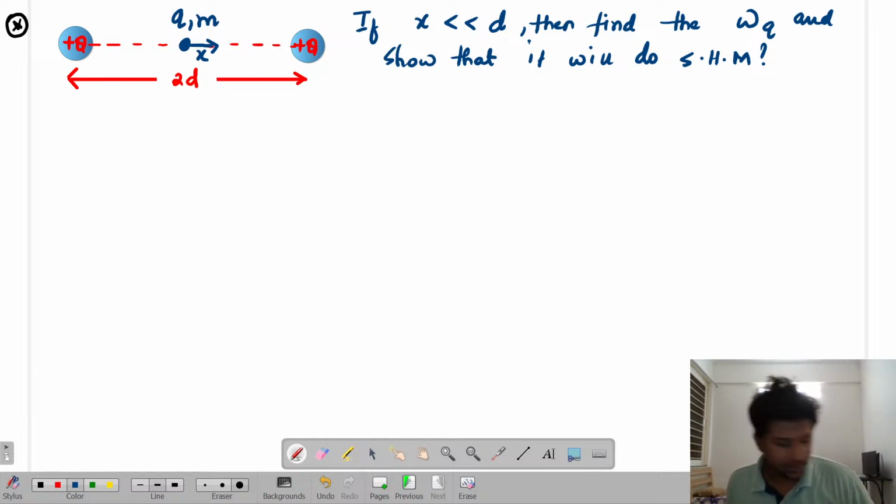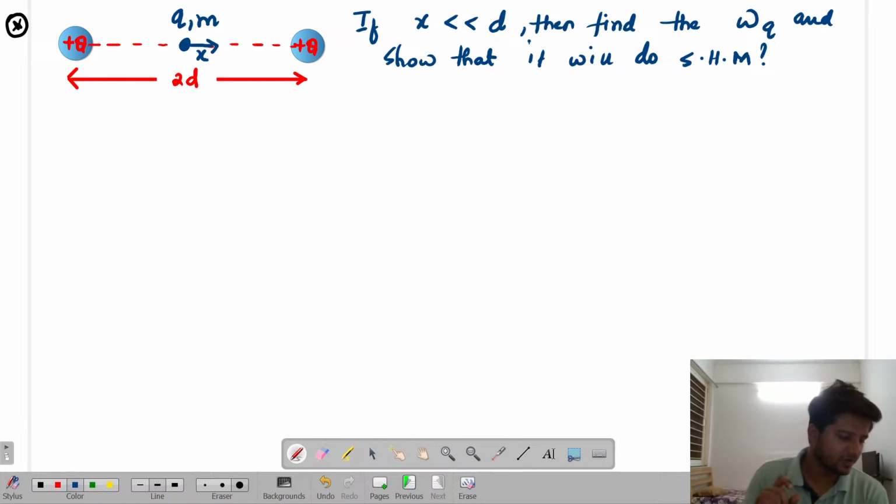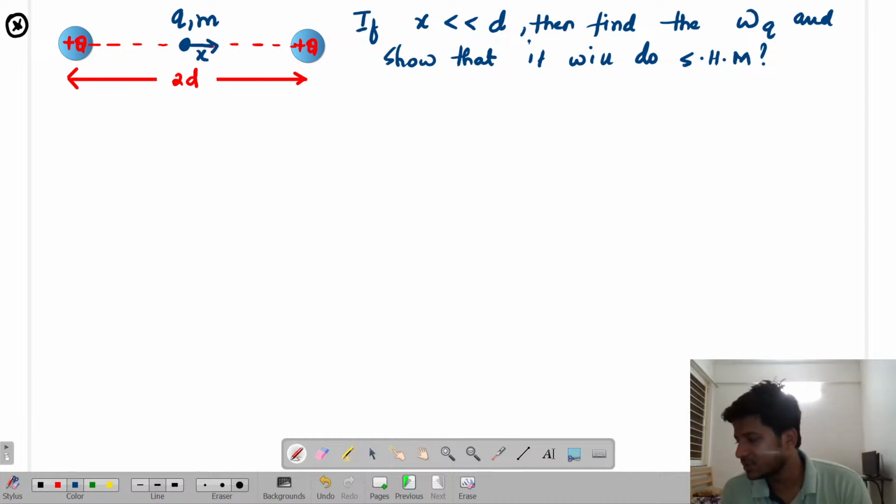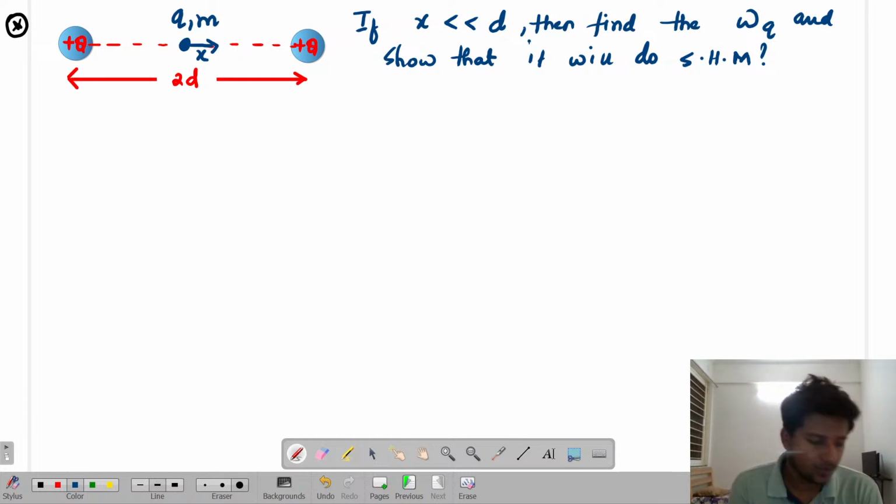मतलब अपन ने क्या किया, दो पॉजिटिव चार्जेस लिए, उसके बीच में एक और पॉजिटिव चार्ज गुजेड़ दिया, और उसको हल्का सा डिस्प्लेस कर दिया बाय डिस्टेंस x। नाउ दिस डिस्प्लेसमेंट x इज वेरी वेरी लेस देन d। तो बताना है कि ये चार्ज SHM करेगा या नहीं करेगा, अगर SHM किया तो इसकी एंगुलर फ्रीक्वेंसी क्या होगी।